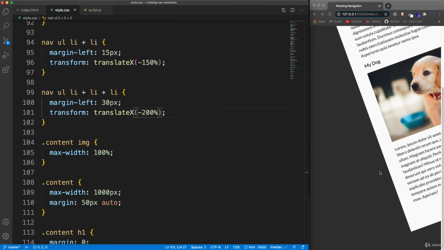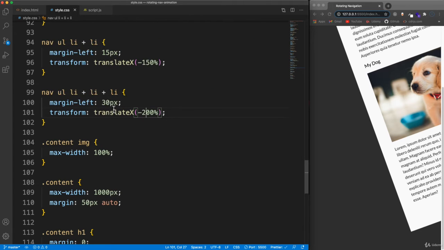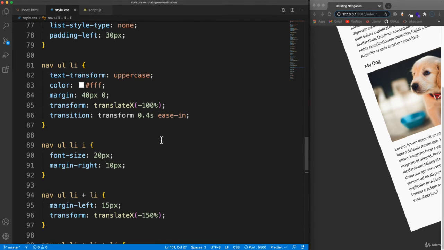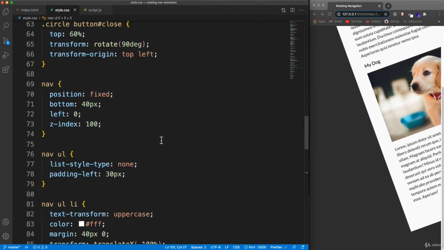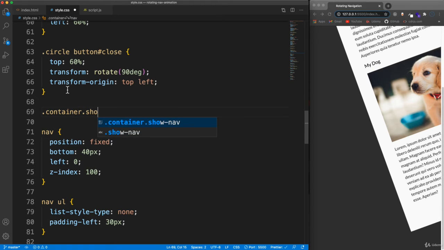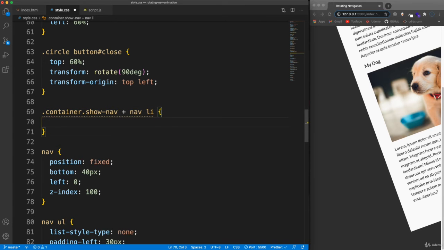Now when we have the show nav applied, we want it to actually show the navigation. Everything we just did is the default when you first come to the page. When this class is actually there, which it is now because we manually added it, we want to see all the navigation stuff. So let's go, where do we want to do this? We'll go right above the nav here, and let's say, the container div, when it has show-nav,